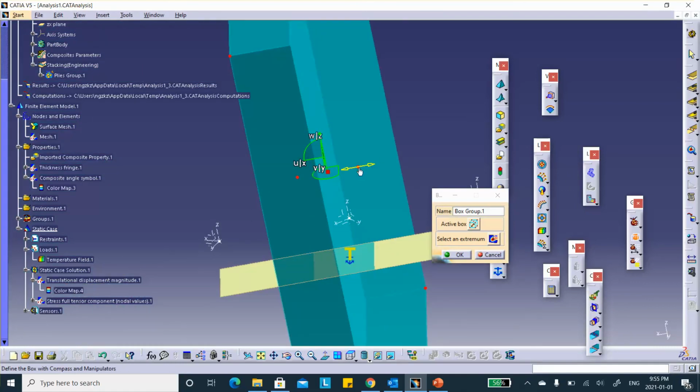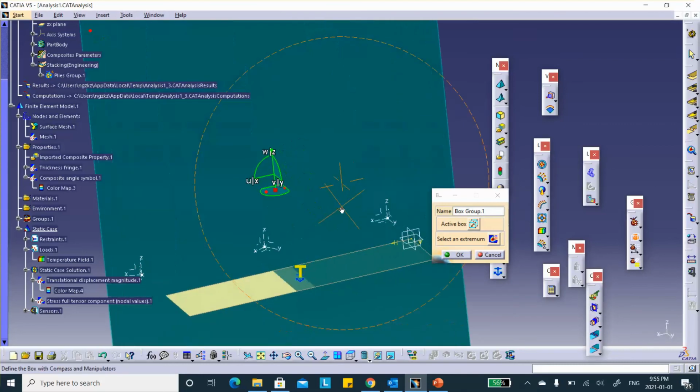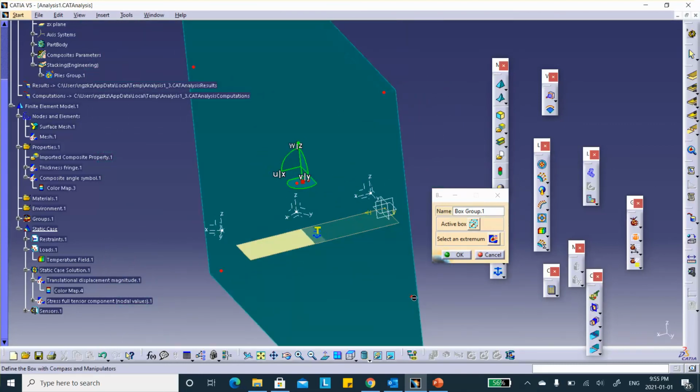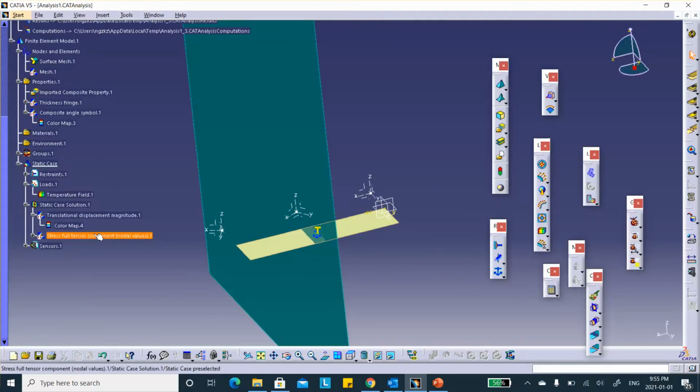Okay, so you can grab these ends and make it smaller, shrink it in this direction, in that direction. If you want to shrink it in this direction, you can go as far as you want. I'll leave it like this. So it's just that strip, okay? Very good. Now, hide the box,